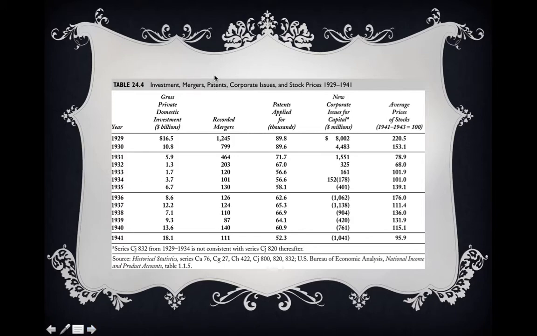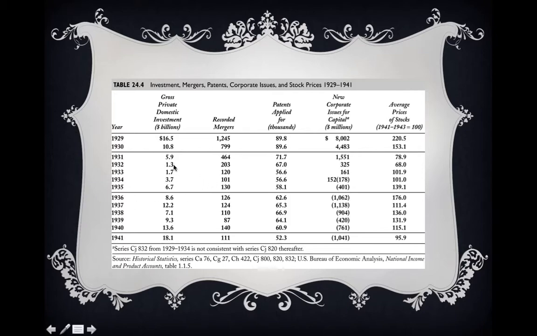So let's take a look at some other indicators of economic activity. Here we're looking at gross private domestic investment. This is total investment, taking out capital depreciation, and investment that's occurring in the United States. And we can see that we have about $16 billion worth of investment in plant, capital, and machinery in 1929. This falls to 10 billion, 11 billion in 1930, and continues to fall going into